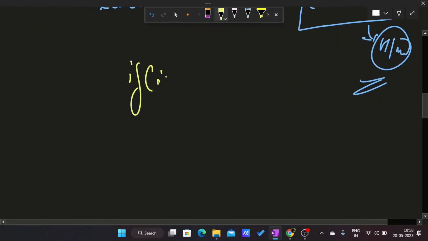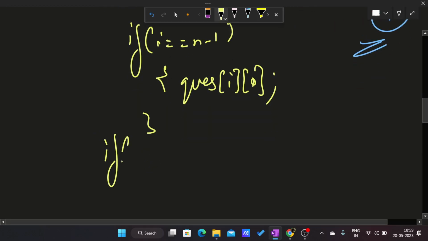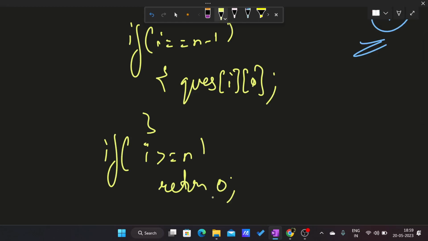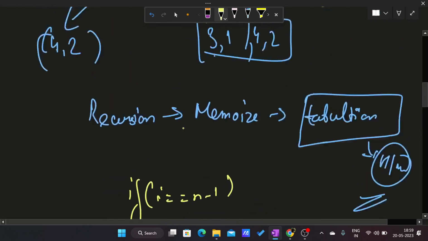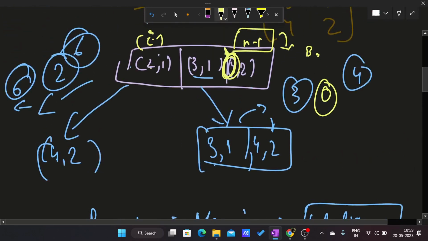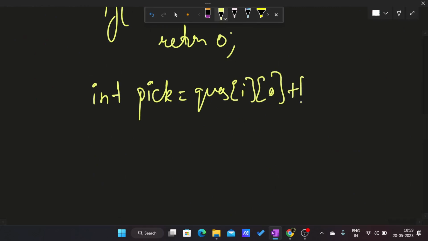If my i equals n minus 1, I can just return questions[i][0], and if my i is greater than or equal to n, I will return 0. And for each index, I have two choices. One is to pick. If I am picking, I am getting these points, so that is questions[i][0] plus, I'll again call the same function on i plus